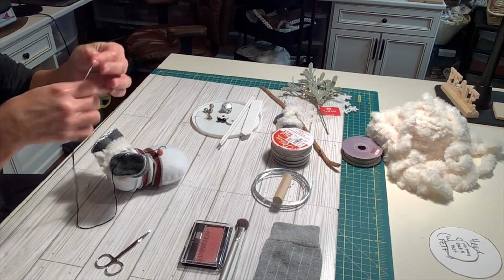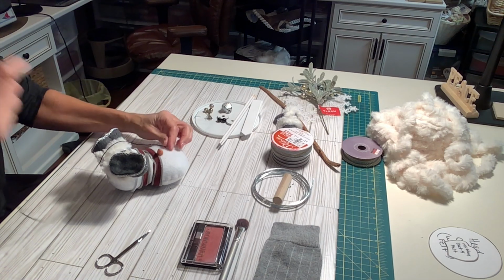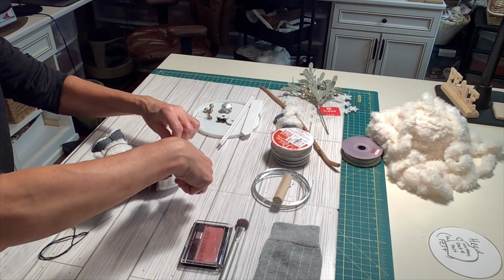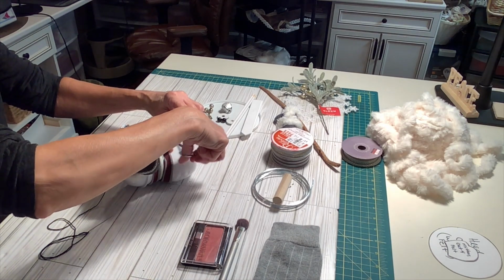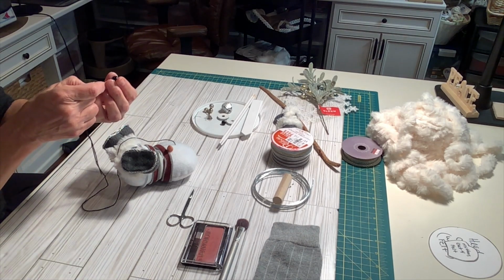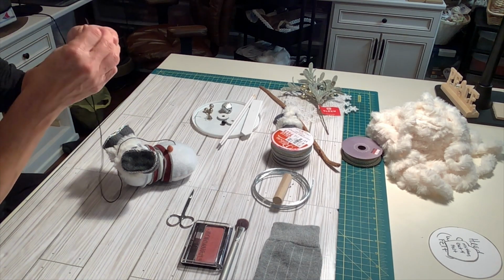Had a tough time there. Okay, pull the needle through. Some of the fiberfill is coming out through the hole, so let's just cut that off. Okay, so now we're going to put the bead. I'm going to thread the bead